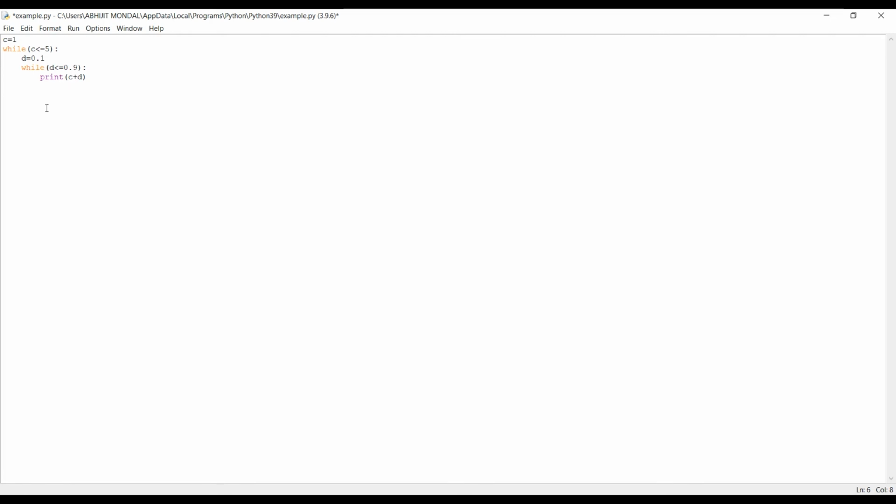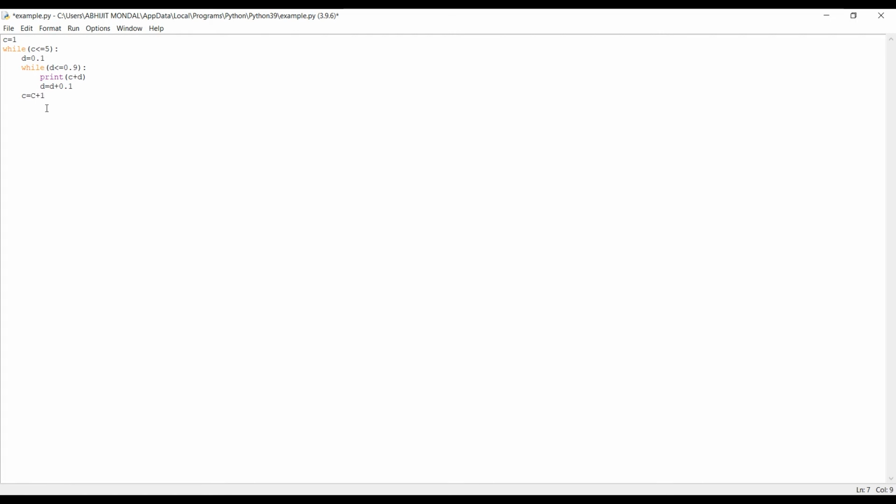Then we increment the d variable, d equal to d plus 0.1, and outside this inner while loop we increment the c variable so that the loop doesn't become infinite, or its condition never becomes false. So c equal to c plus 1.